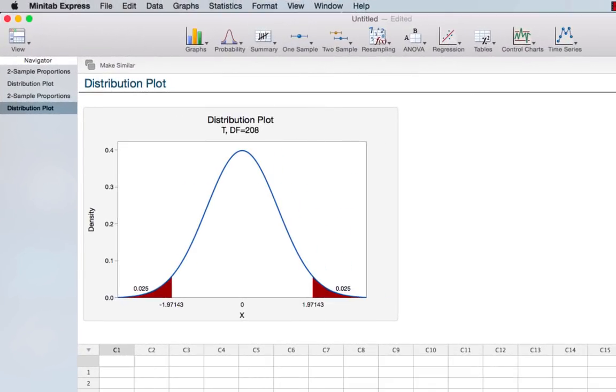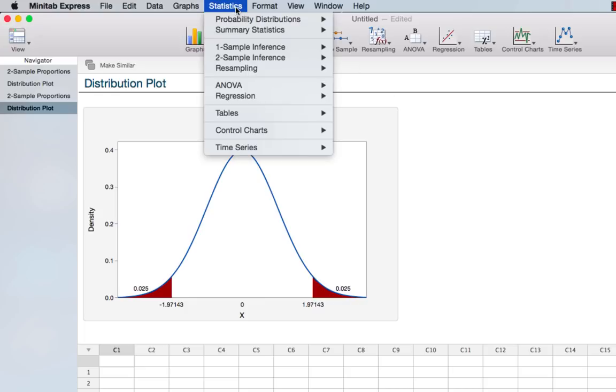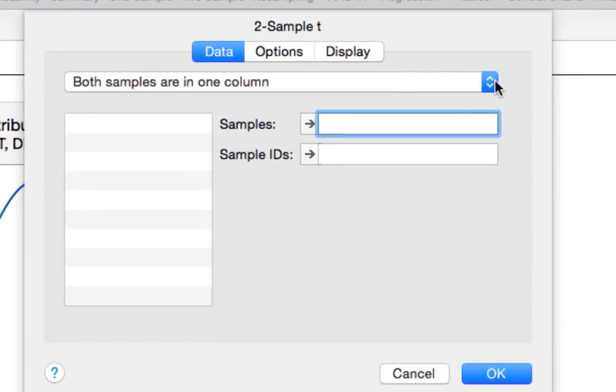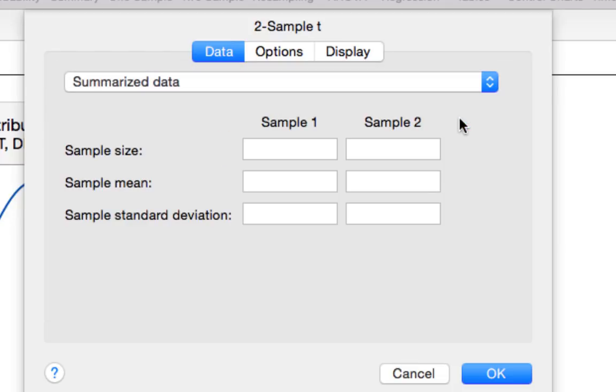I'm going to show you this in two different ways. First, we'll use the summary statistics that we have. We'll go to Statistics, to Sample Inference, T. We'll enter in our summarized data. Sample 1 will be our males. The sample size was 209 with a mean of 70.3529 and a standard deviation of 3.2274. Sample 2 is our females, a sample size of 265, with a mean of